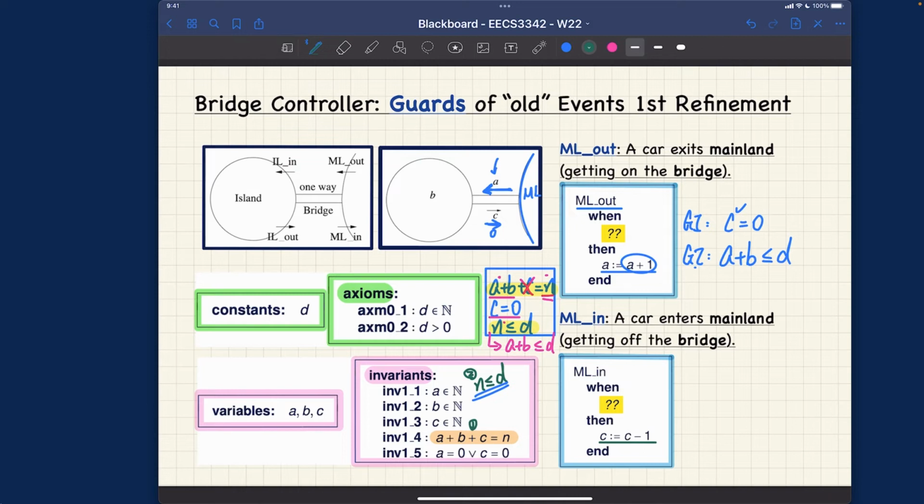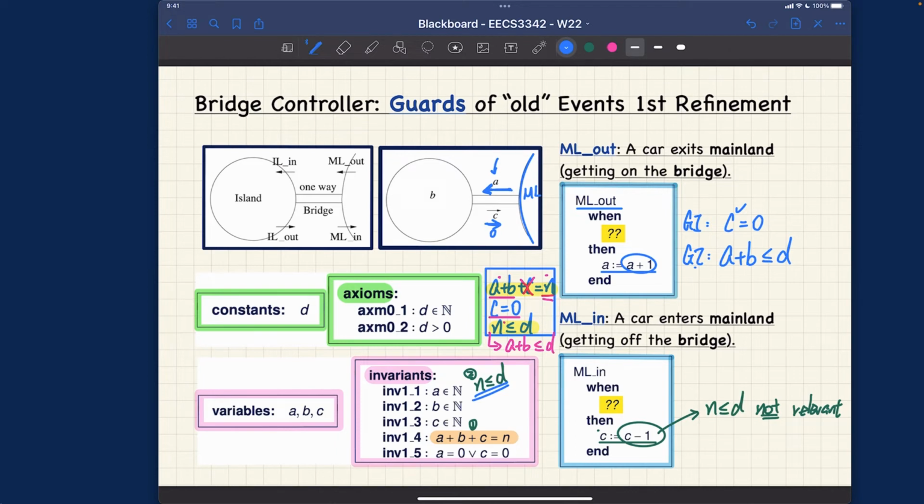So you can see exactly that's why we're having this particular update over here. That's why we are decrementing the variable over here. C becomes C minus 1. And we know that this n less than or equal to d over here is not relevant, since we are decrementing the value, so we don't have to worry about violating the upper bound constraint. Not relevant for this particular event. The only thing we have to worry about is if we want to really go from here to here, there should be at least one car on the bridge. Otherwise, how can you actually go into the mainland, right? So that means C should be larger than 0. Right? So that will be the answer.